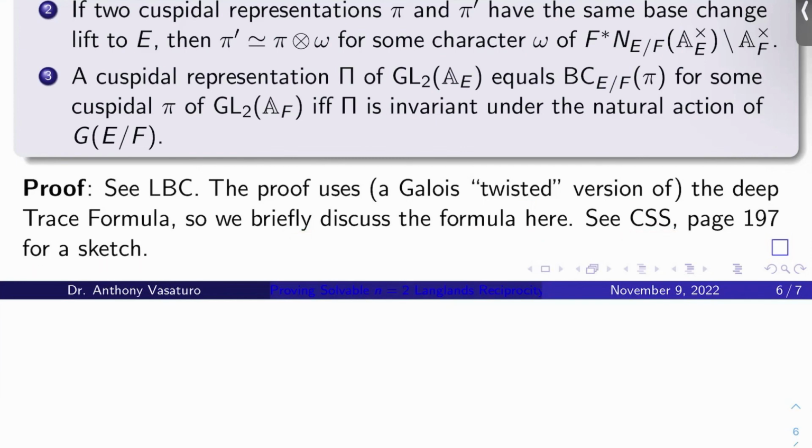Okay, so I keep lying to everybody. I keep lying to you and telling you we're finally going to get to the proof of this theorem 9 above. Next video, we won't get there. We will have to say a little bit about the trace formula next video. But I absolutely promise that 2 videos from now, we will actually start finally proving this big result, this special case of LRC that we need.